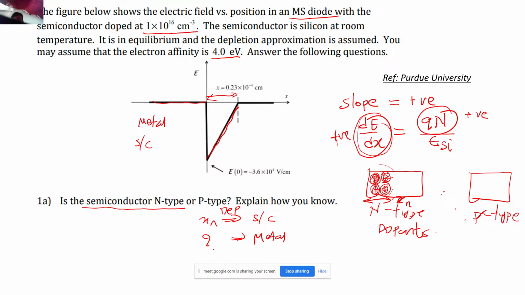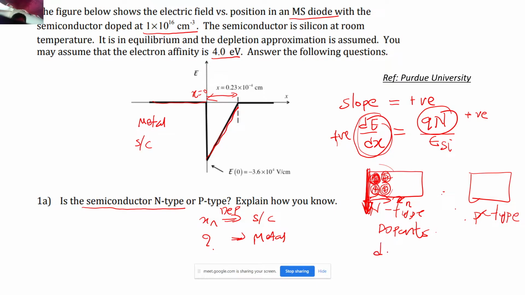So who is actually balancing this positive charge? The positive charge density is actually balanced by a line charge that is present exactly at this point, x equal to 0. This is a delta function, right? This is what we had also seen in the previous case, right? Now just to confirm whether this is correct or not, what we have just told you, the d by dx, the slope of the field, d by dx is proportional to the charge density, right?